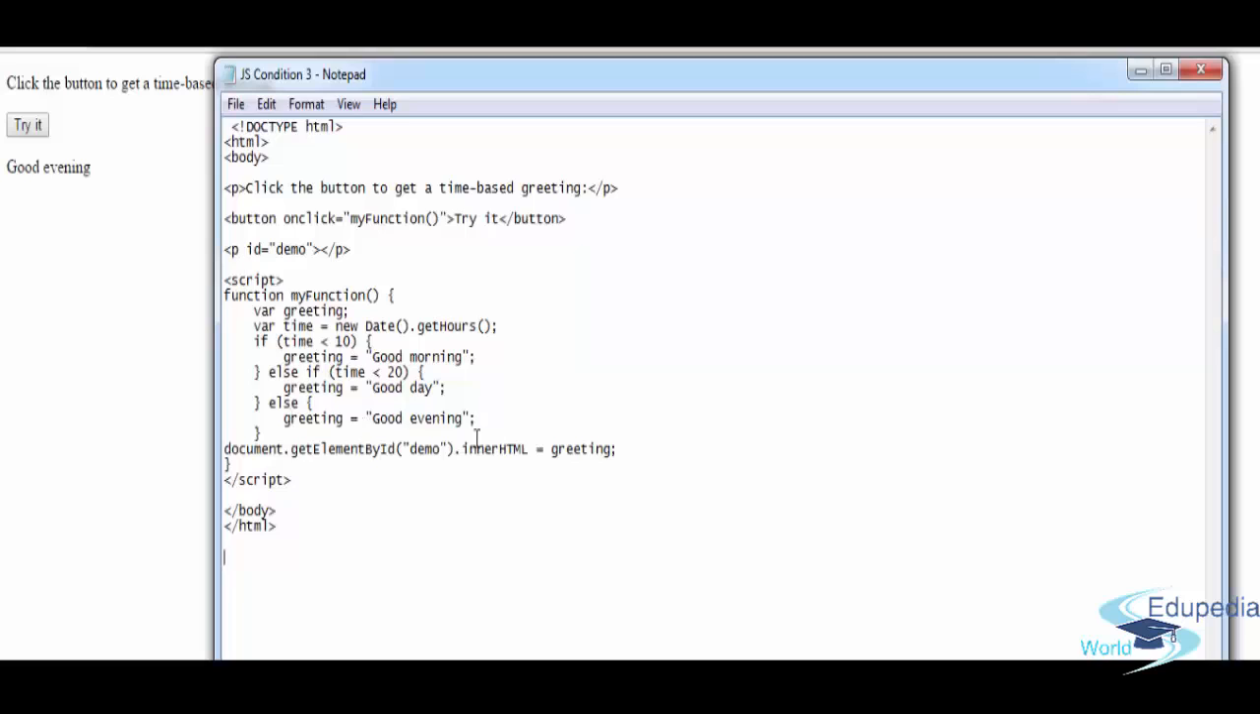Okay, so it's good evening. None of these conditions are true. Okay, which means the time is neither less than 10 or less than 20. It is not less than 10 and less than 20. Okay, so the time is something else. So it's going to ask you to print good evening. Alright friends, with this I am going to end my else if